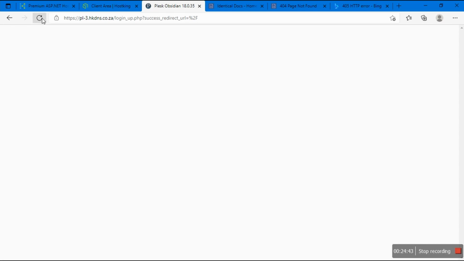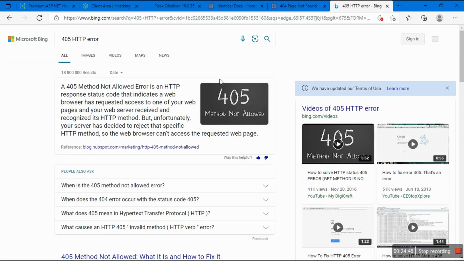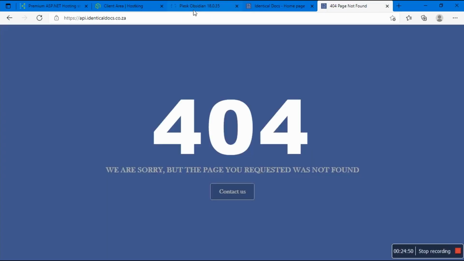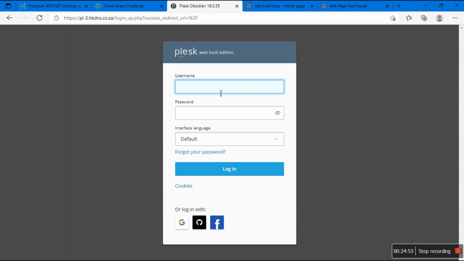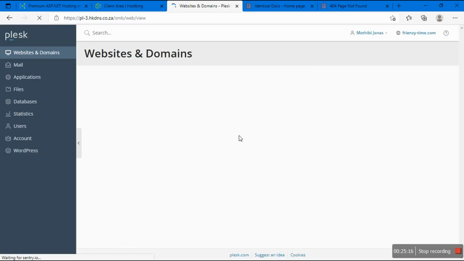Okay, friend, what's happening now? So now we understand what's happening with this method. Like a lot of things you bump into. Now the reason why you see the username Frenzy T, they shortened it. It used to be Frenzy Time, because you see this when it comes to database and what's happening. So this is my portal then.